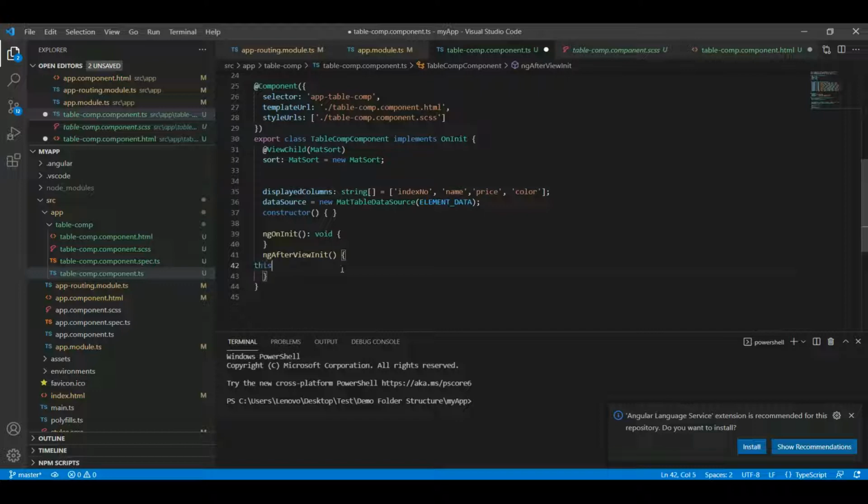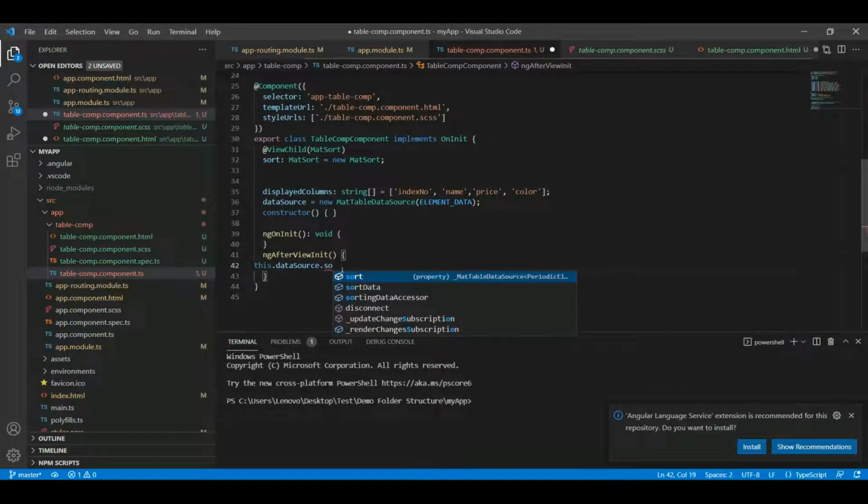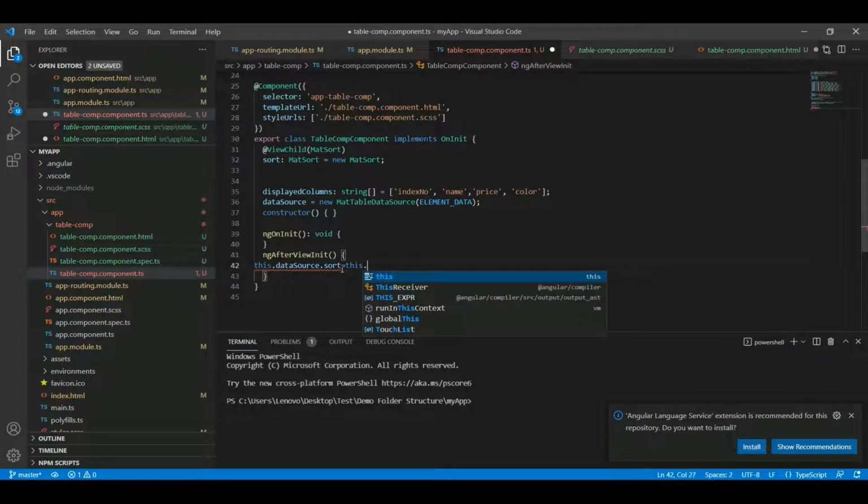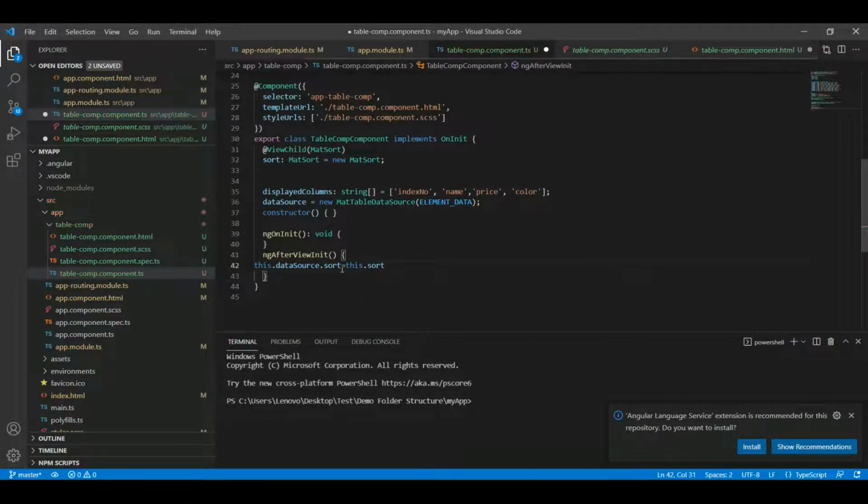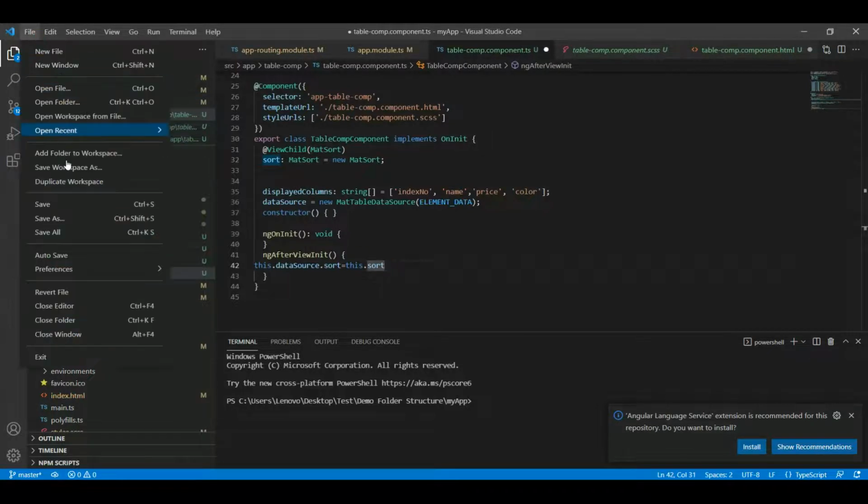So we'll simply assign the sort reference variable, through which we are accessing the child by using ViewChild, to the dataSource sort property. And then we'll save this.